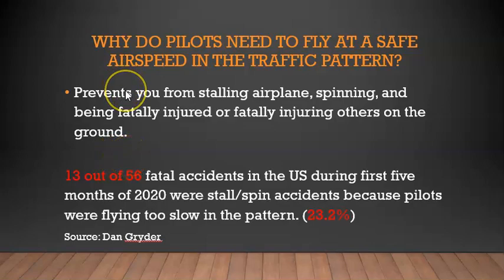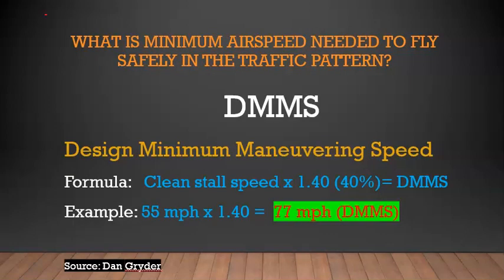And as you know from ground school, you stall an aircraft when you exceed the critical angle of attack, on most general aviation aircraft somewhere between 16 and 18 degrees. But most general aviation aircraft do not have angle of attack indicators on board. So we have to basically use our airspeed indicator as an indirect measurement of our stall speeds. Right? And Mr. Grider also